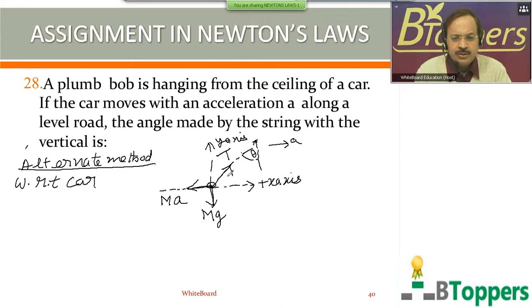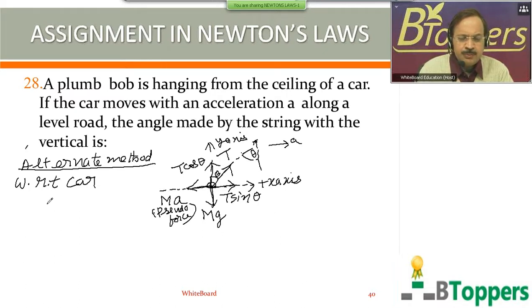So in addition to the two real forces mg and T, we have also shown this pseudo force. The magnitude of the pseudo force is equal to the product of the mass of the bob and the magnitude of acceleration of the frame of reference, which is denoted by a. So just like in the earlier method, here also we have to resolve the tensional force into two rectangular components along the horizontal and vertical directions.